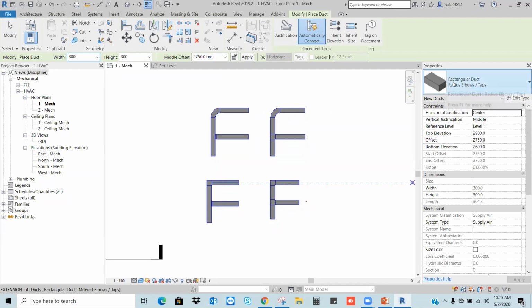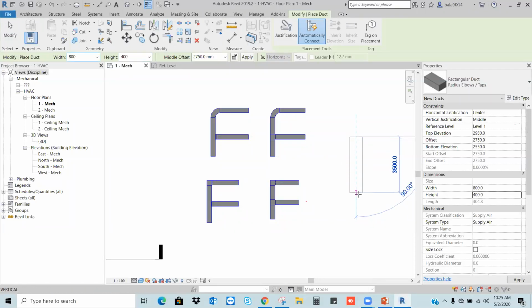Let's say now I'm using the rectangular duct, radius, elbow, tap. Width is 300 mm, height is 300 mm. Let's say now I want to draw a width of 800 mm and a height of 400 mm. I will change. Okay, see, this is the duct.